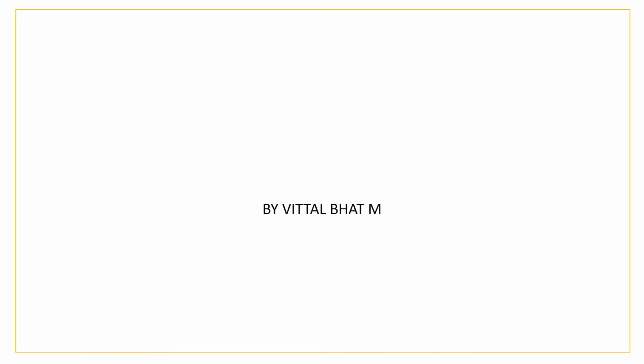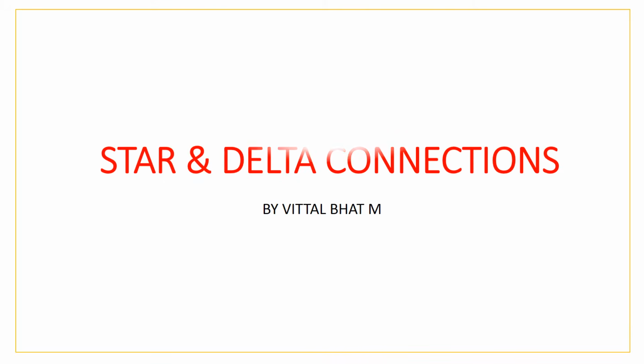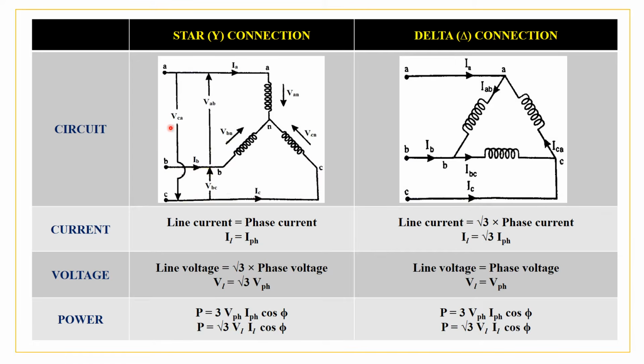Hi students, now we are going to learn about the star and delta connections and the problems based on this. So we have already seen in the earlier session the star and the delta connection. Now we will have a brief look at it. So now the star connection, it is also called as Y connection or the delta connection, the delta symbol. Now the circuit was as such. I hope you remember this.